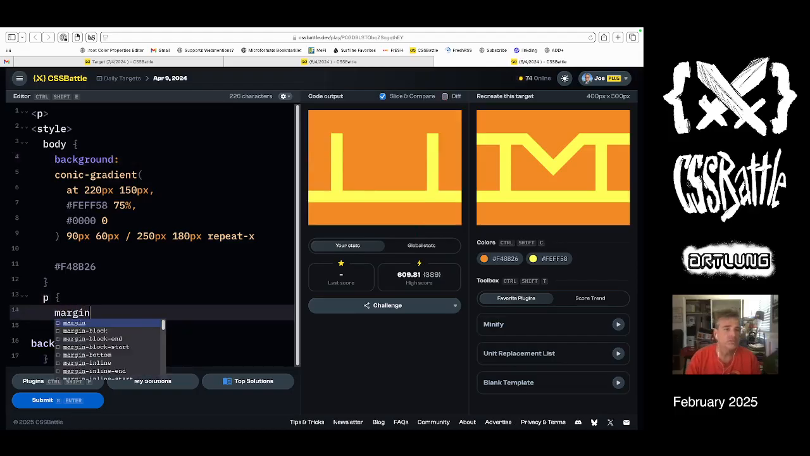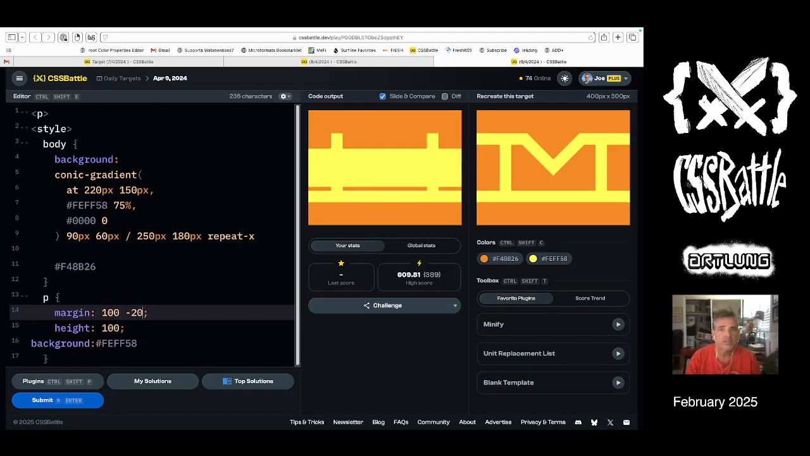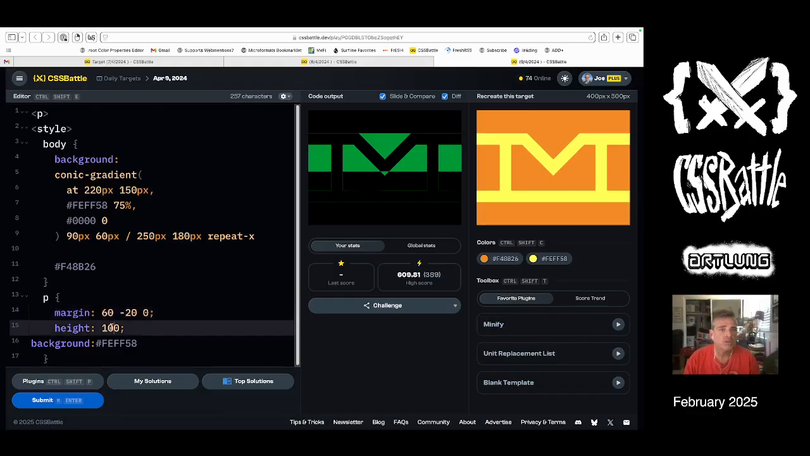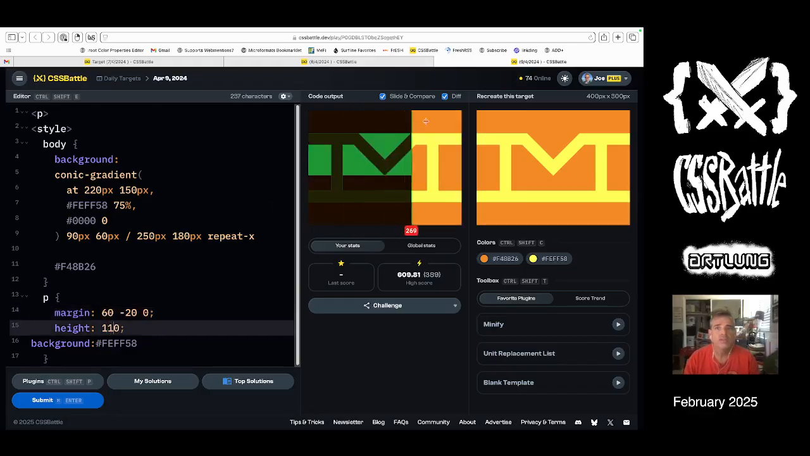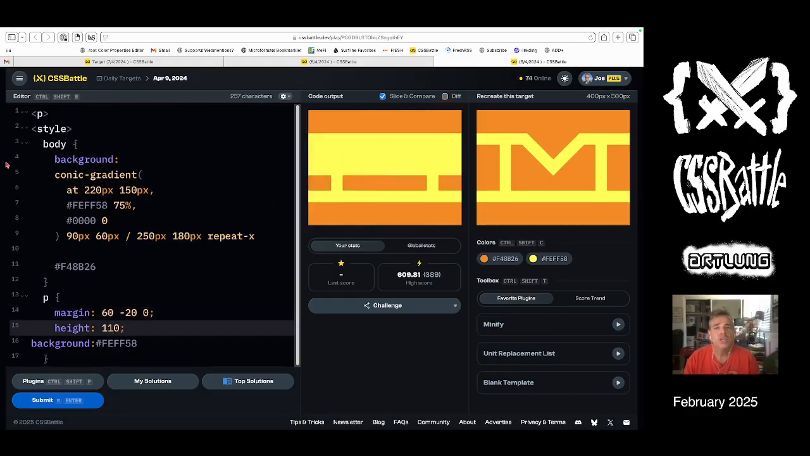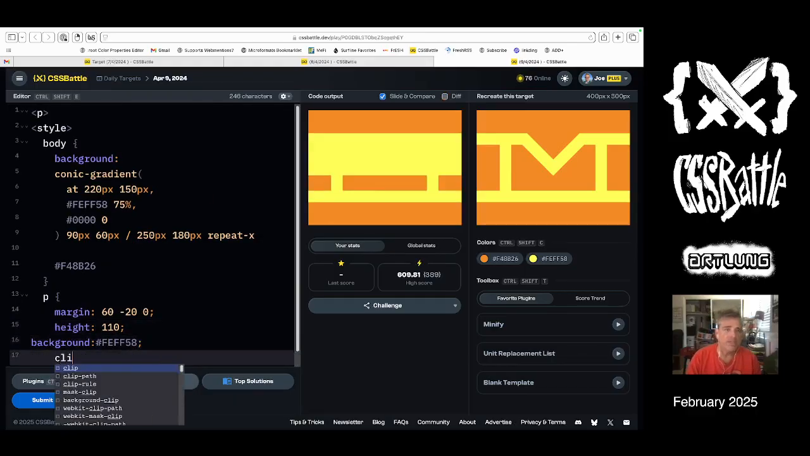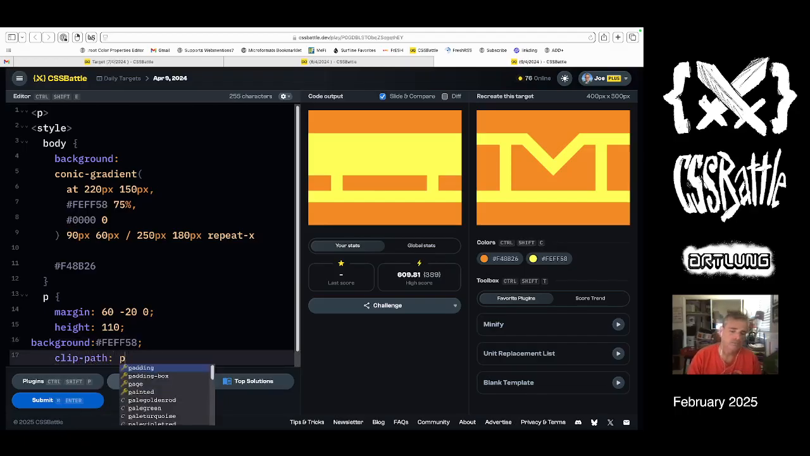So margin 100, 0, or 100 minus 20, 0, something like that. This number should be less, 8, 7, 6, and we need to be taller, 110. Okay, so now I'm going to make this shape. I'm going to cut it out with a polygon. Clip path, polygon,